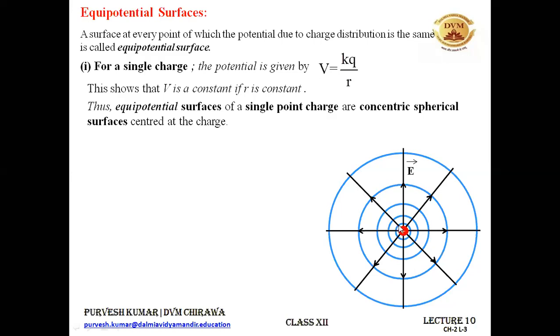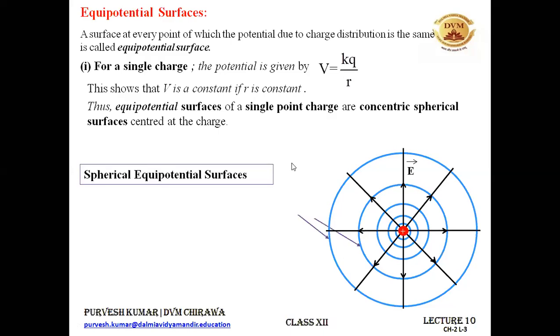So at every point on this blue colored sphere, you can see the potential will be the same because the points are lying at the same distance from this point charge. Similarly, for the second one, on every point on the sphere the potential will be the same because the distance of the point on the sphere is the same from the positive charge. All right. So these are the equipotential surfaces for a single point charge, and they will be in the form of spheres with the charge present at their center.